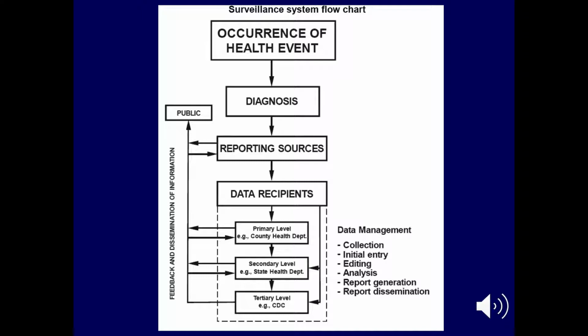And at this point, it also becomes useful to think about a visual or flow chart of how the surveillance system operates. Beginning with the occurrence of the event under surveillance, and then all the way to the point of disseminating some of the information. Having this flow chart is useful for you as the person who's evaluating the surveillance system, but also as you're talking to other people who are involved,